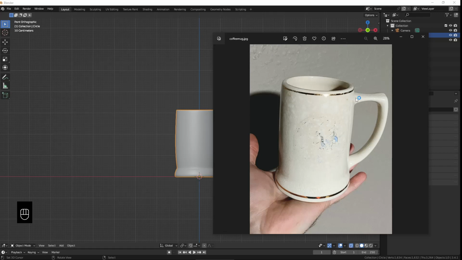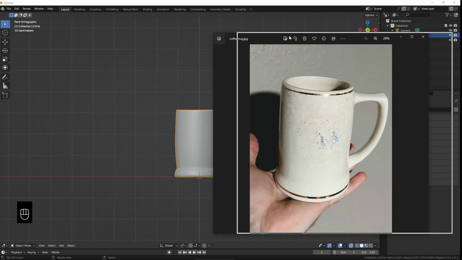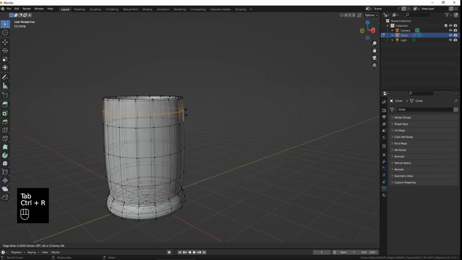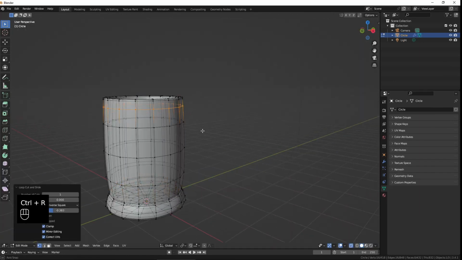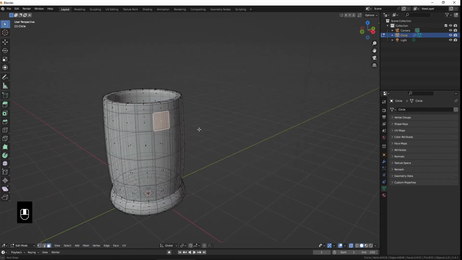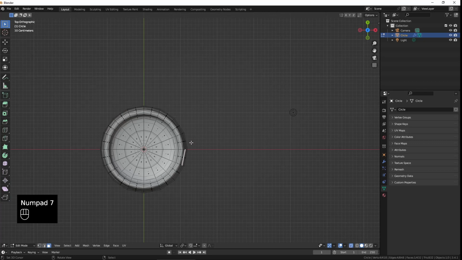So that's just kind of a triangle shape itself, kind of half of a triangle. So I'm going to go ahead and extrude out from the side and see if I can't make it look similar to that. All right, so let's select here. I'm going to add one more loop in about right there, so I can add the handle in from this loop here. Let's go to our top view, and since this